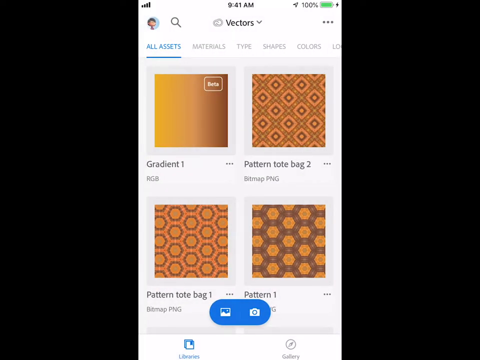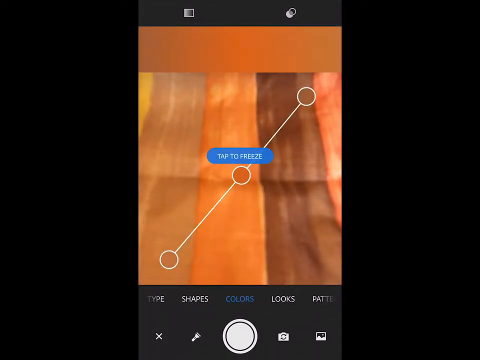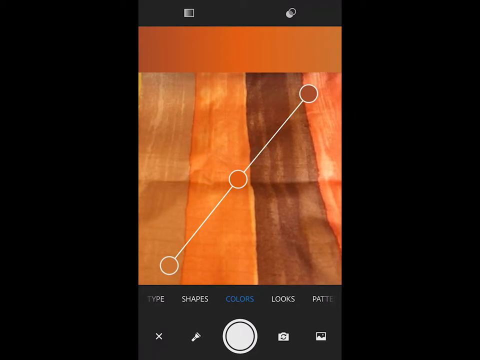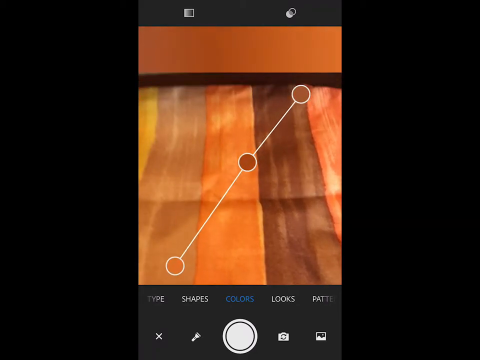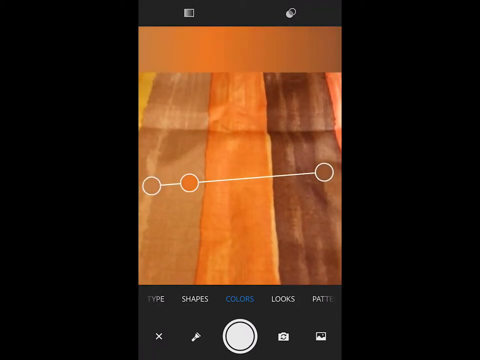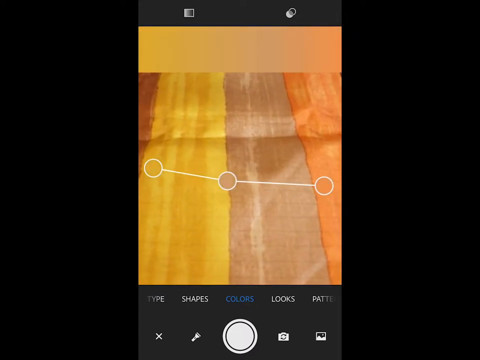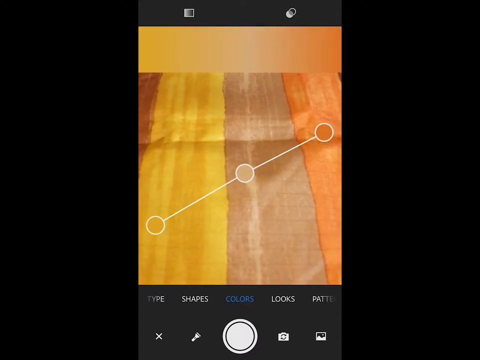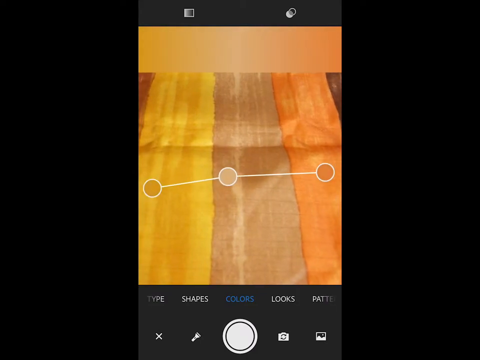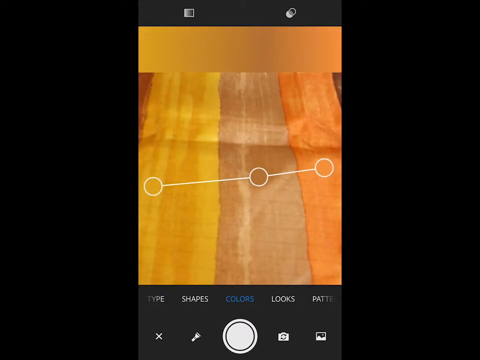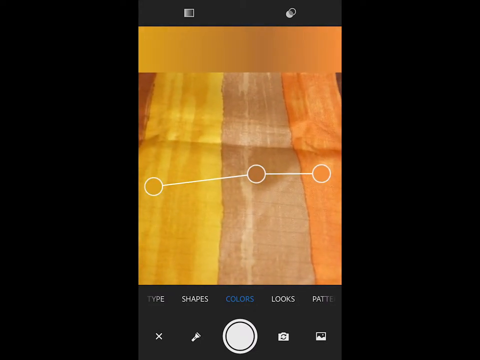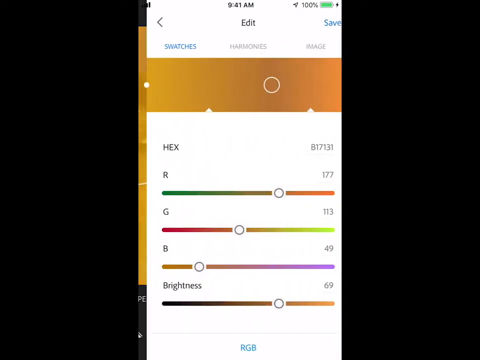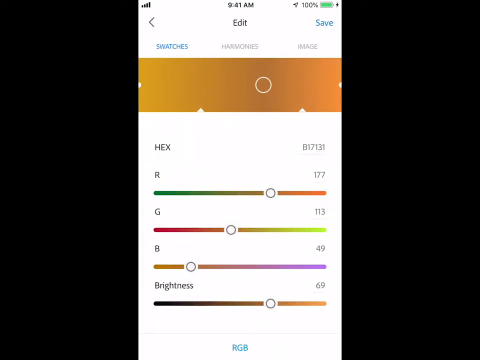So I'm going to go back, and I'm going to choose Camera. Now you can see I've been working here with an orange and yellow and brown fabric here. And this is some colors. So I'm going to take a picture of these colors. And I can either look at them